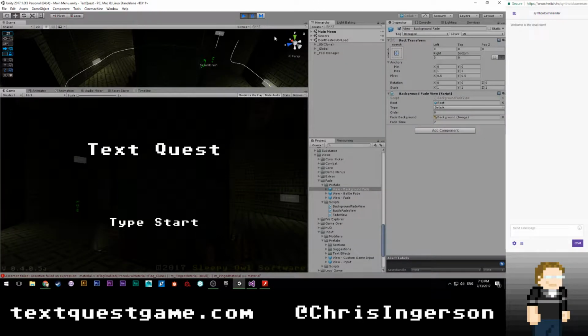However, I was not careful when I did that, because that means that background fade view, which is derived from fade view, is the first menu of type fade view. So when I try to retrieve the actual fade view, it's going to look through the existing menus, which sees background fade, and that's going to try to use that. That's why we're getting that problem. Okay. I now know what to do there.